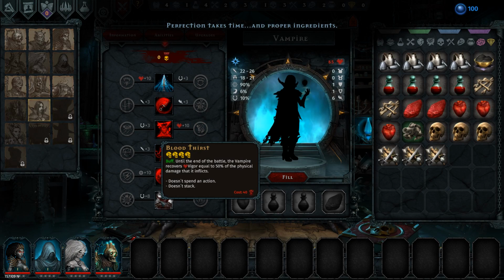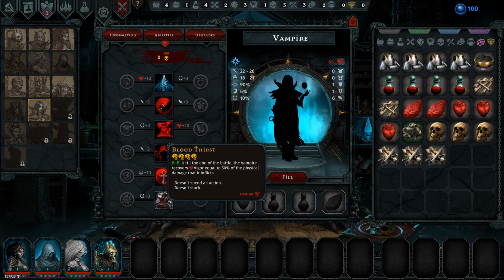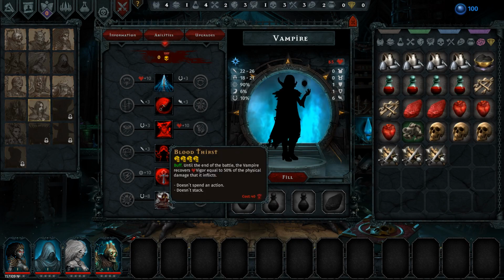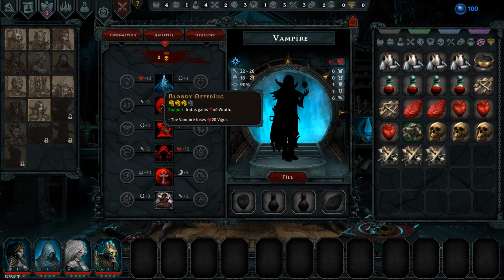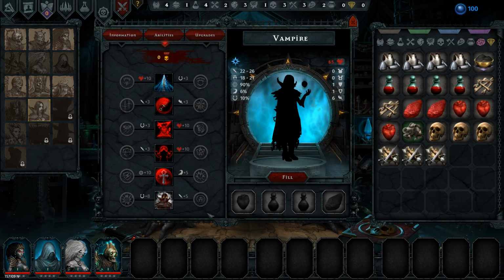Well, their ultimate turns them into, I don't know, even more of a vampire. They kind of go berserk there. They go super vampire status, and they recover 50% of the damage they inflict. And it doesn't cause a turn. Does cost 40 wrath though. So again, we have to be careful about using our wrath. It's interesting because you can just first turn pop this, second turn bloodthirst, and then just go crazy and start